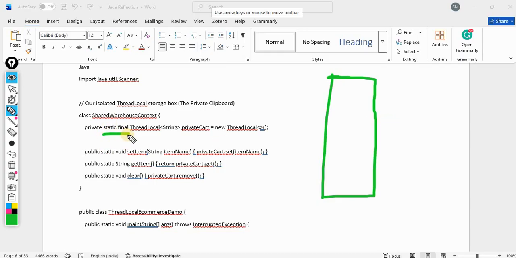Is this clear? Only one copy will be created. Is it clear? Repeat, sir. It is static and final. Static and final means a single copy will be created,